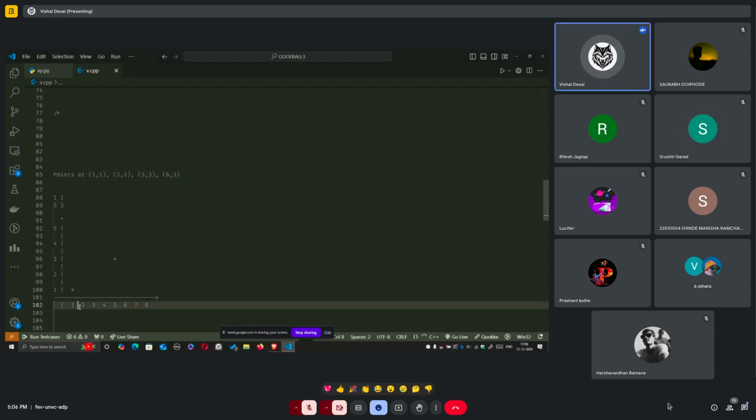So this is 1, 2, 3, and 4. It has to travel at least 4 in the x direction and at least 2 in the y direction. That is 2 and 3. Yes or no? Yes. So if we consider this 4 as our maximum distance, where will